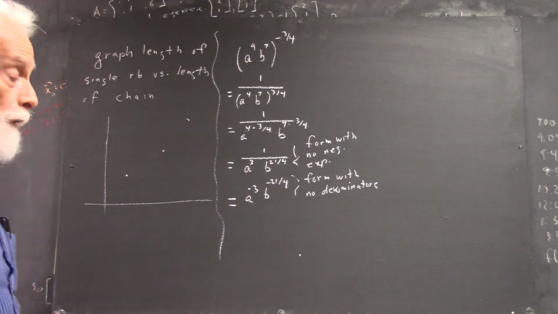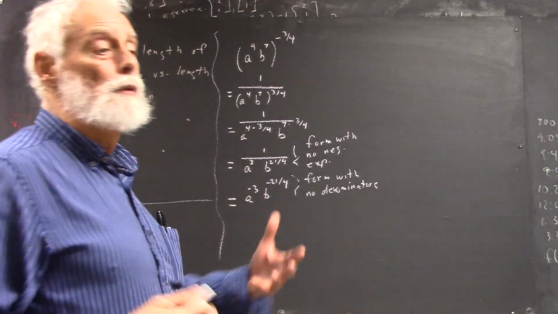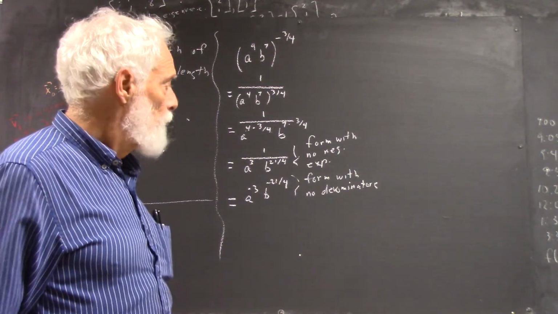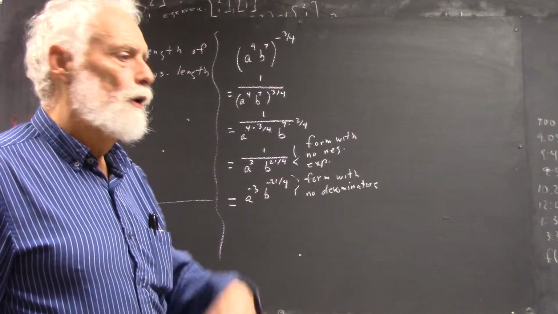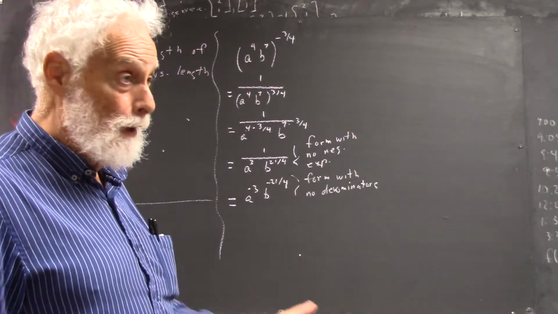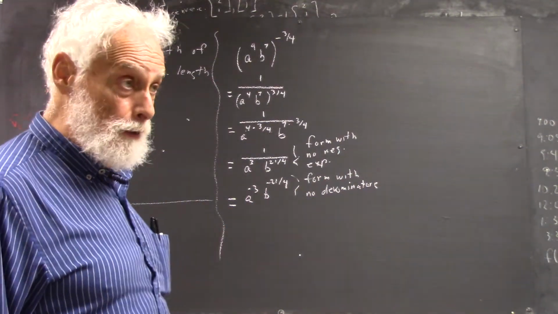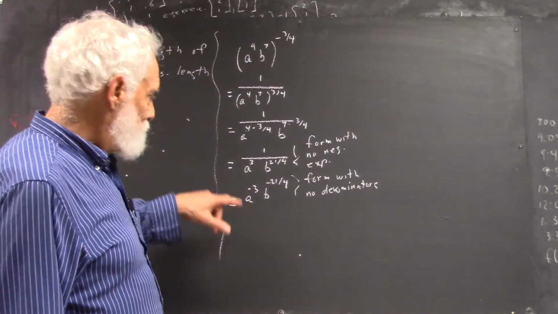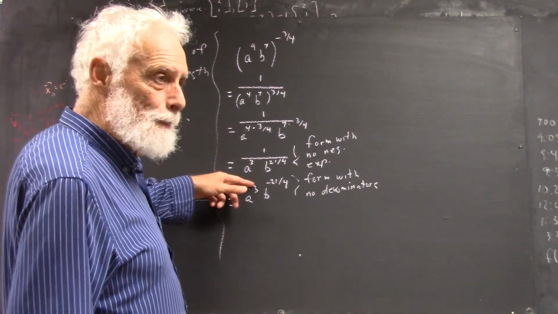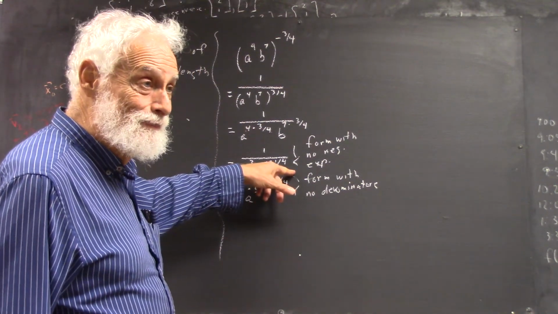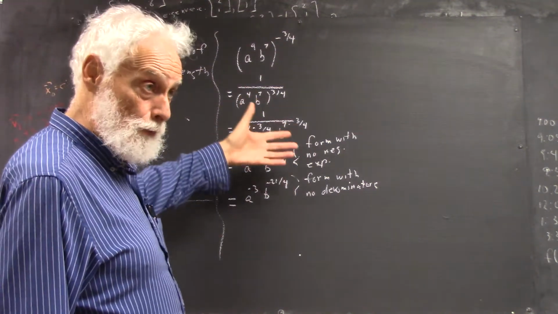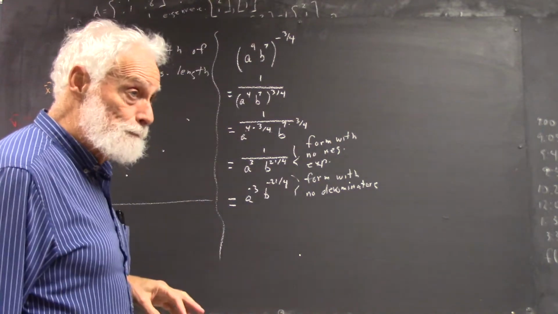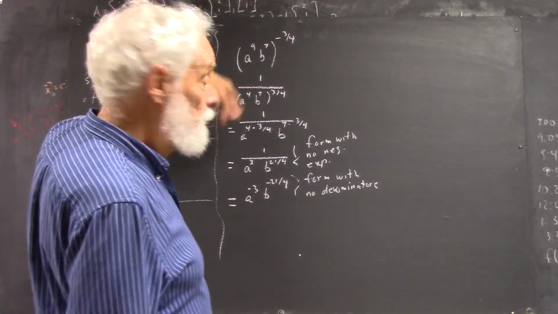So either of these forms, depending on what you're trying to do, is a valid form. You probably don't want to mix forms, although on the homework that I gave you, I never said anything about that, so it was fine to do that, okay? But I'll probably ask you to go back and take the forms that have both denominators and negative exponents, and change them to a different form. Now, I'll put the instructions for that. It's simple enough. Now, another way to have written this whole thing out,